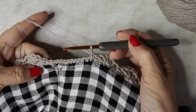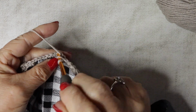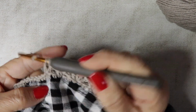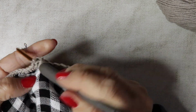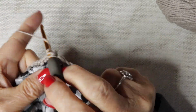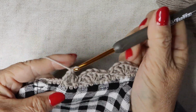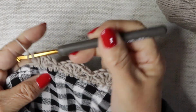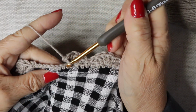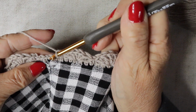Alright, I've got almost to the end of this first row, so I'm just going to finish off, skip 2 and do my 5 trebles. I'd say the first row is the most, not difficult, but maybe fiddly. But after that it should be plain sailing. Skip 2, double crochet, skip 2,